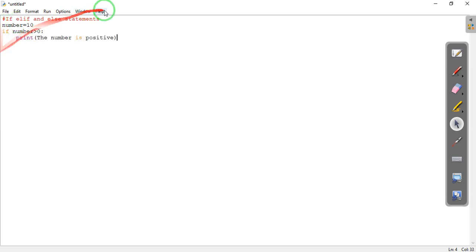Now if you have noticed here, this color is orange, so this is not a statement. We forgot to put the colon here, so let us put the colon. Now if the number is greater than 0, it will print the number is positive.